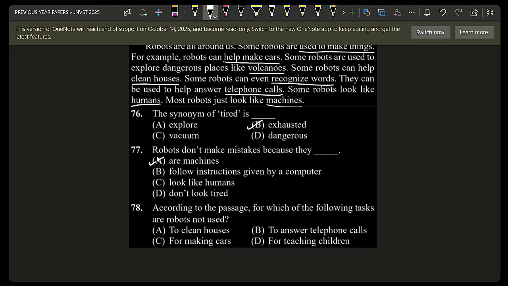78. According to the passage, for which of the following tasks are robots not used? For which tasks are they not used? To clean houses, yes, it is mentioned. We are using them. The question says not used. To clean houses, we are using them. To answer telephone calls, we are using them. For making calls, we are using them. For teaching children, yes, a teacher can never be replaced. You can do it to some extent, but teachers cannot be completely replaced by robots, and only robots start